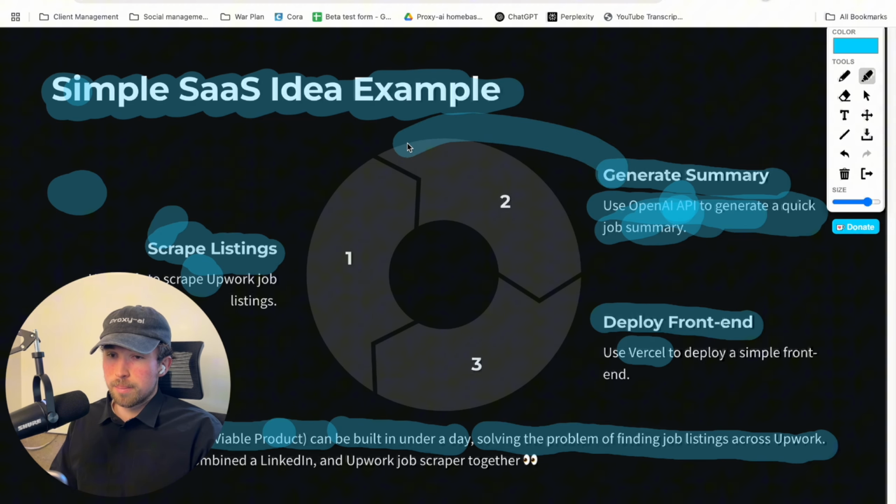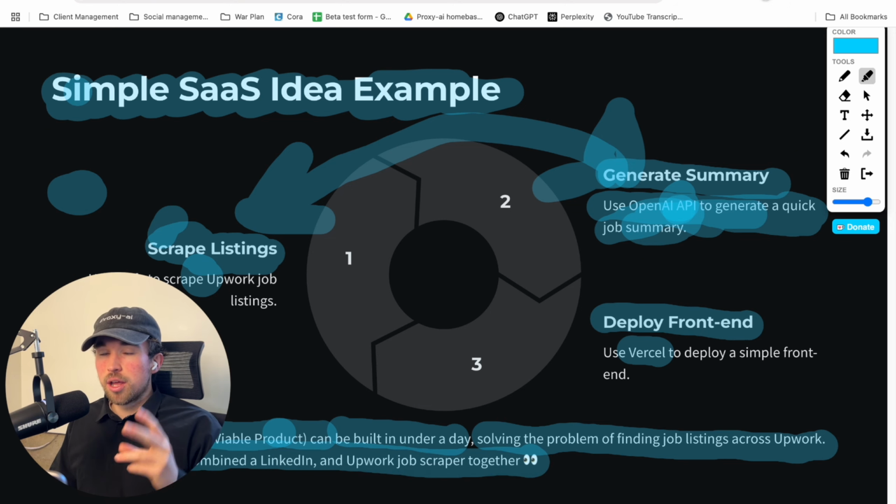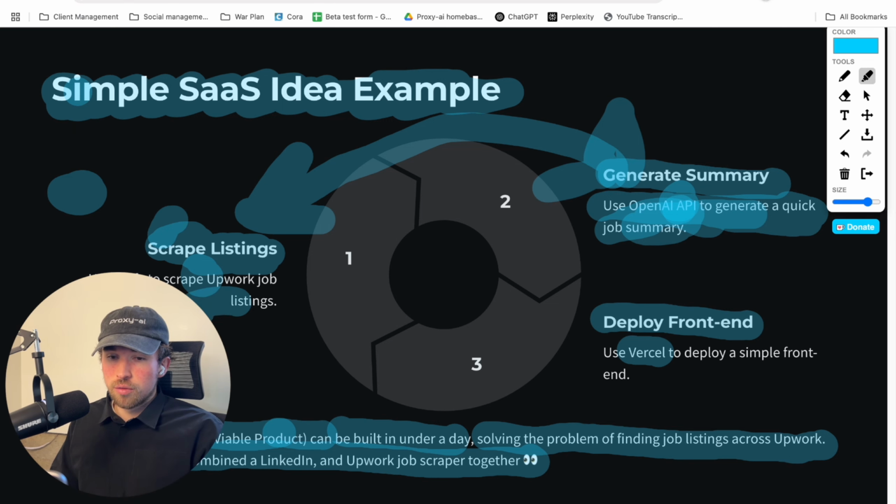Well, we are combining these two APIs, but imagine if there was a little toggle on our app where you could scrape LinkedIn jobs or Indeed jobs. Then now you have one platform where people can go to find job listings from three platforms. So it just undercuts all of them and it saves a ton of time. And then you just upcharge for the API cost that you are incurring.